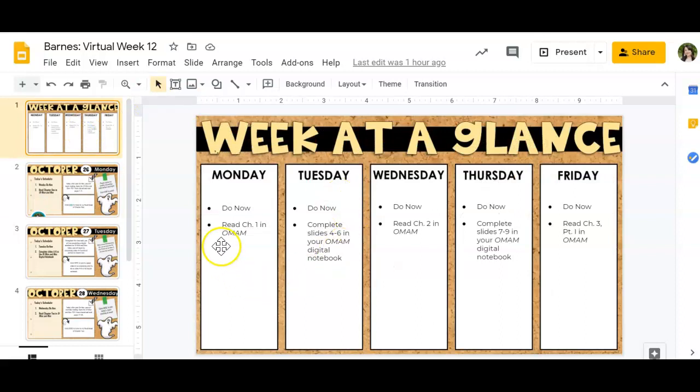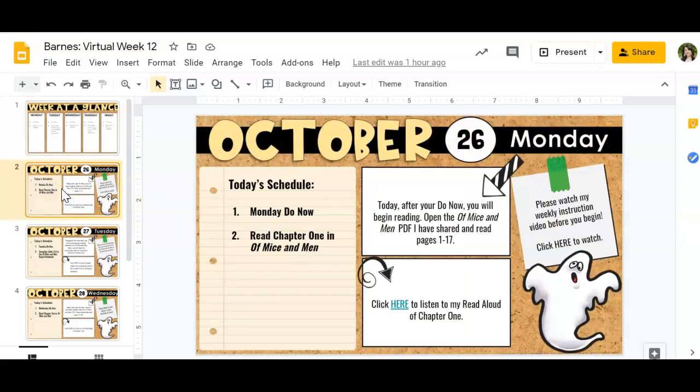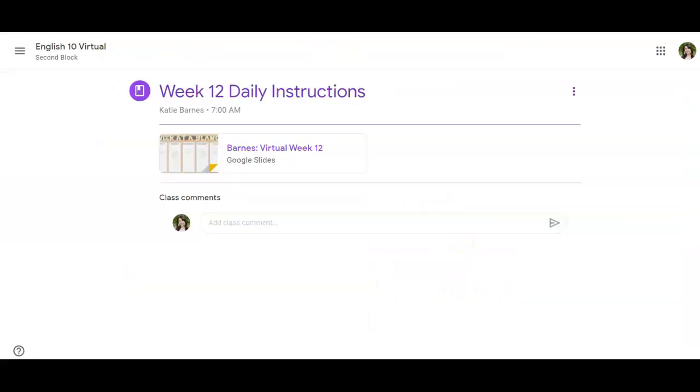So Monday you're reading chapter 1, Tuesday you're completing workbook pages, Wednesday reading chapter 2, Thursday completing more workbook pages, and then Friday reading part of chapter 3. So if you'll look here, you'll see that I have attached read aloud versions of each chapter. If you click on this link here, it should take you to a read aloud version that I have recorded. It tells you what pages you are reading, and the Of Mice and Men PDF is going to be